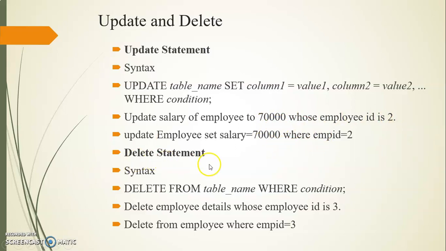Next is delete statement. Now delete is basically used to delete a single row from your table, or I can say matching rows in your table. So here the syntax for delete is delete from table name where condition. I have mentioned one question: delete employee details whose employee ID is 3.